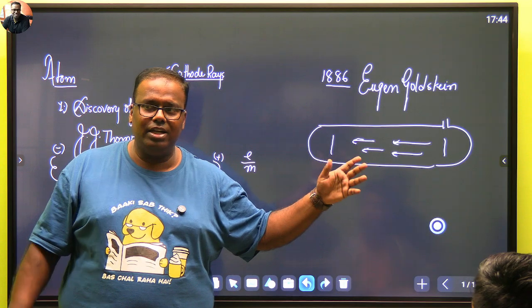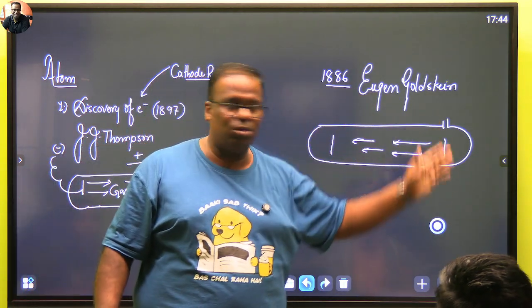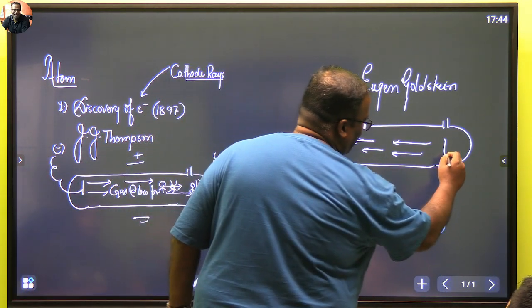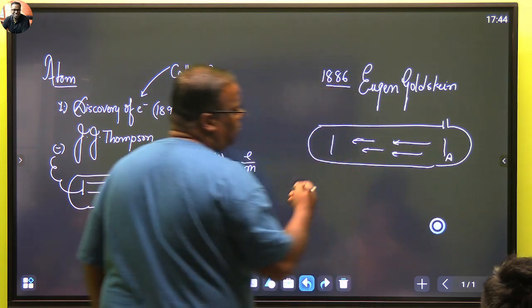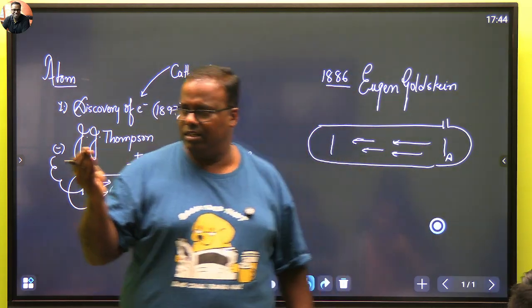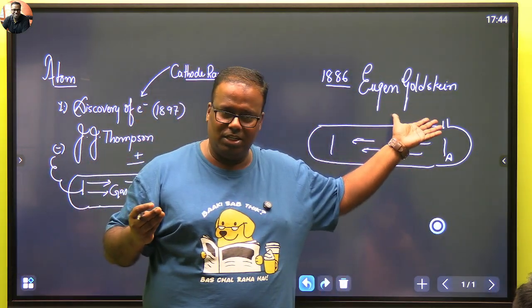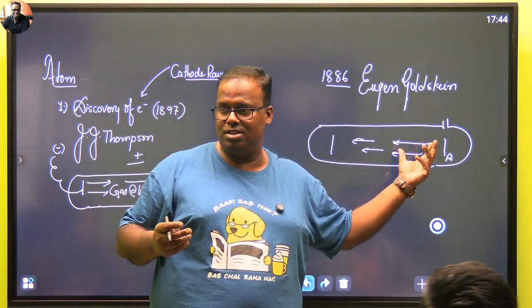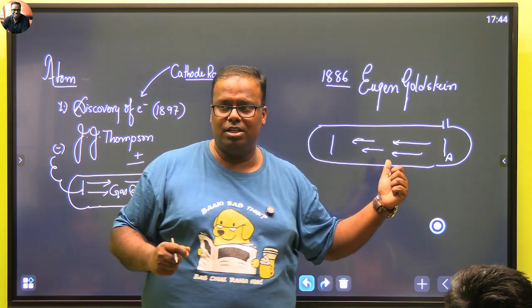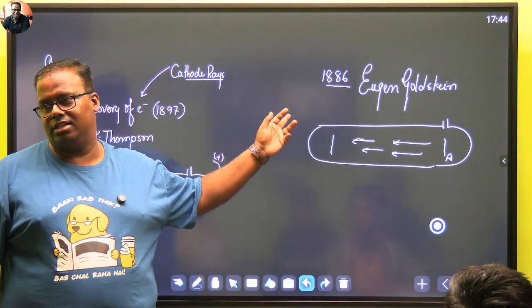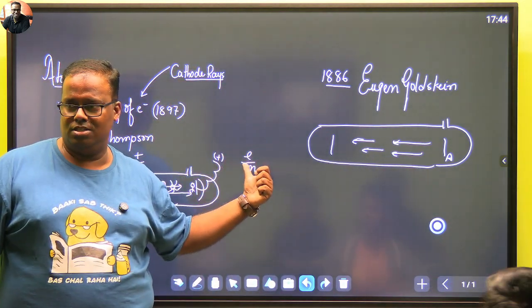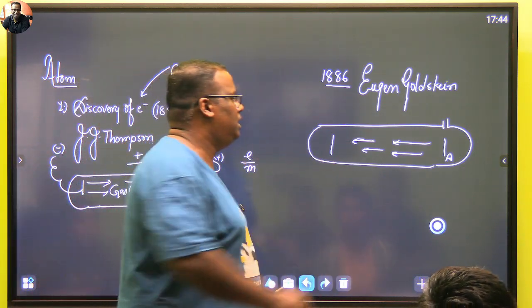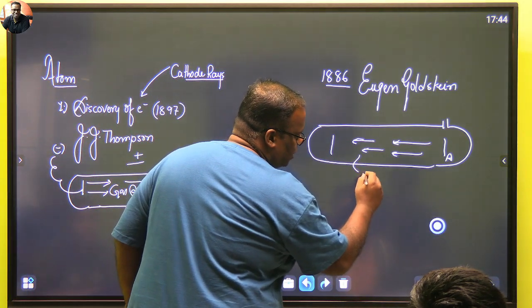So in higher grade, they tell you, are anode rays proton? Anode rays means they are coming from anode, and they have the same properties. They travel in a straight line. They are deflected by electrical and magnetic fields. They possess mass. They can also rotate paddles. But the interesting part is that the moment you change the gas, the ratio changes. So what they did, they started testing it with hydrogen.